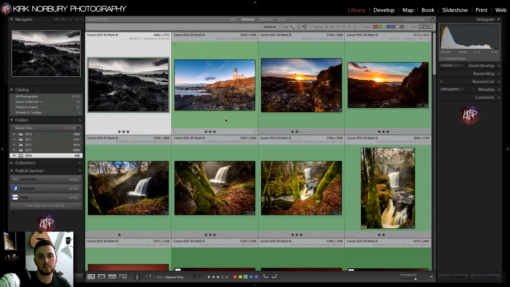Another tip I find quite handy, it's something you don't really need to do that often, but I do recommend doing it. Once you have a build-up of images, all the metadata, everything in there, you will eventually see Lightroom start to slow down a bit. Sometimes it's not that dramatic, but you still notice the loading time is a bit longer, and editing takes a little longer. So what you need to do to stop that from happening and refresh your Lightroom catalog is you go to File,